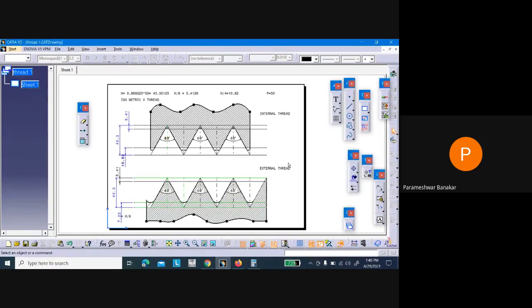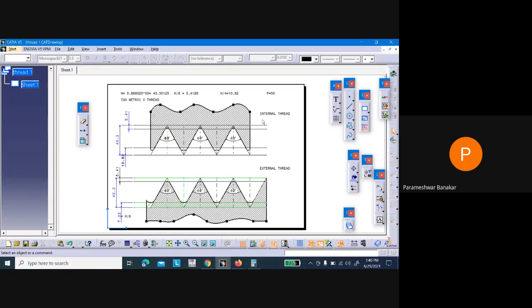You're supposed to show a minimum of 3 to 4 threads to the examiner, if you are asked to draw it in the exam. Any doubts till here? No, sir. Okay, so now you can try this on your laptops using CATIA. If you have any doubts, you can ask me later. You can take various pitches. Here I have taken 50. You can take around 40 or 60 or 70. Take any example and the formulas will remain the same.